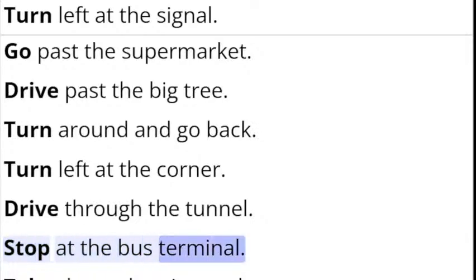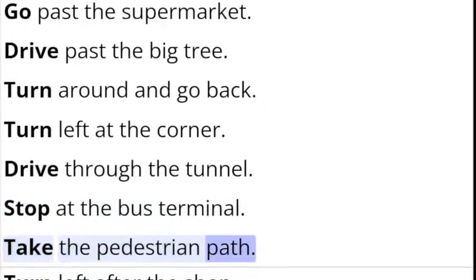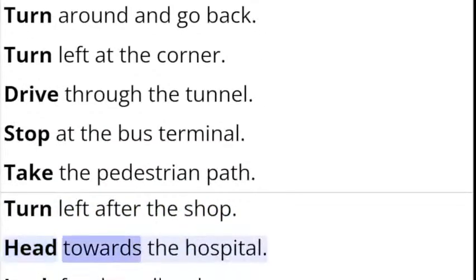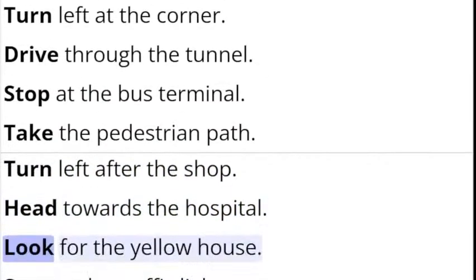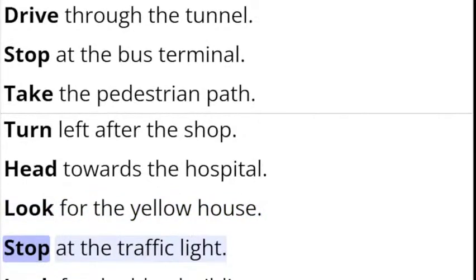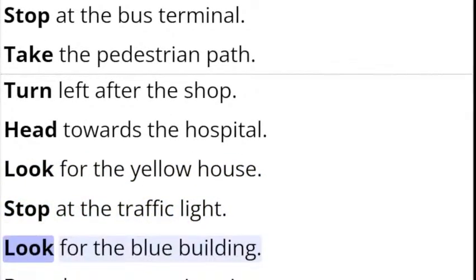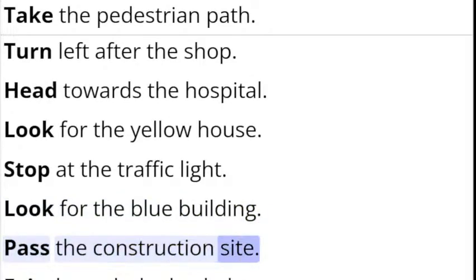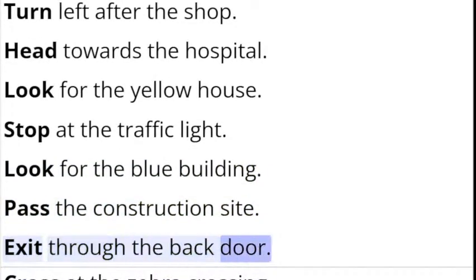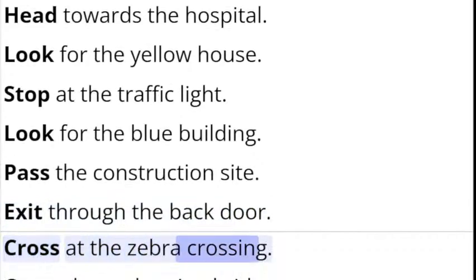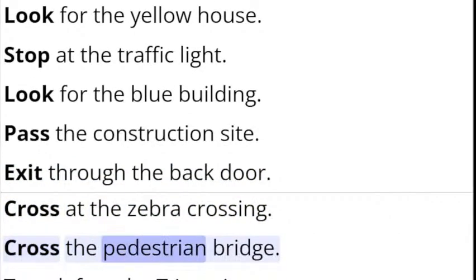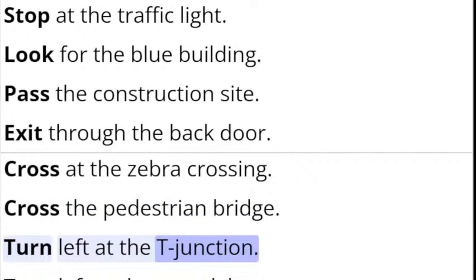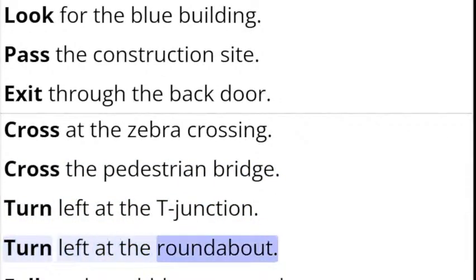the bus terminal, take the pedestrian path, turn left after the shop, head towards the hospital, look for the yellow house, stop at the traffic light, look for the blue building, pass the construction site, exit through the back door, cross at the zebra crossing, cross the pedestrian bridge, turn left at the T-junction, turn left at the roundabout, follow